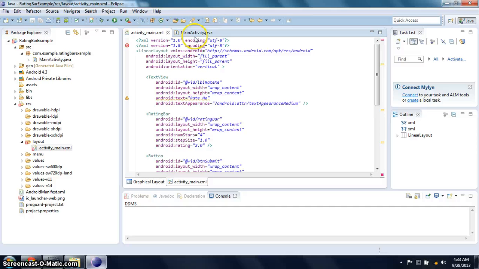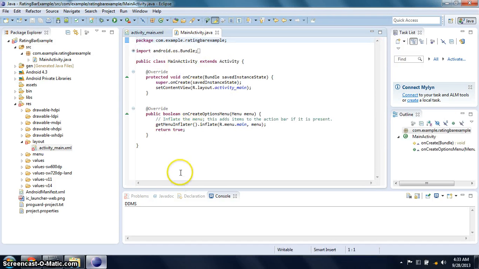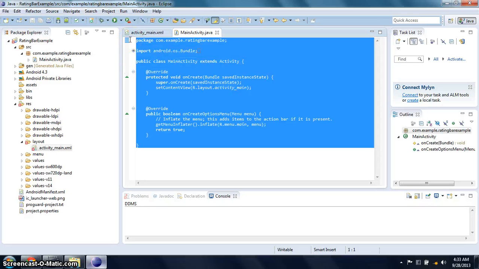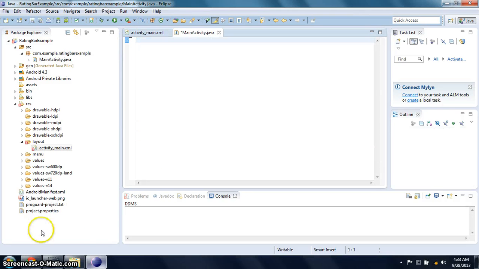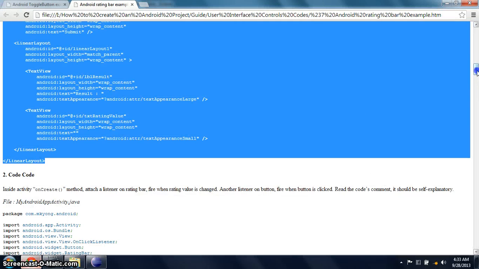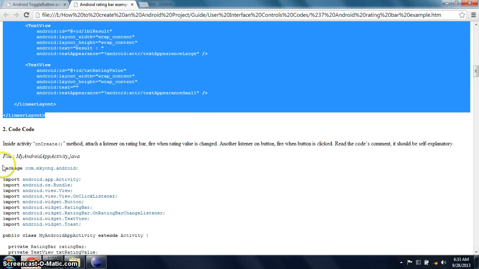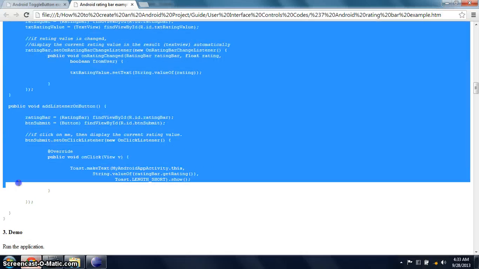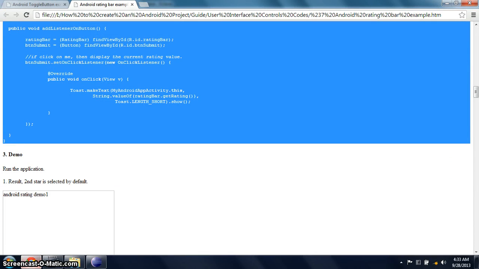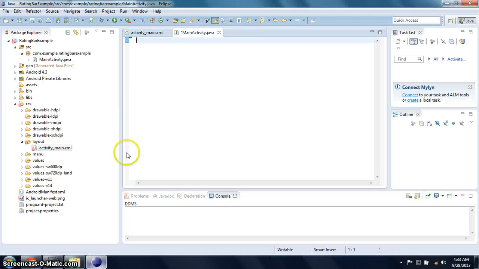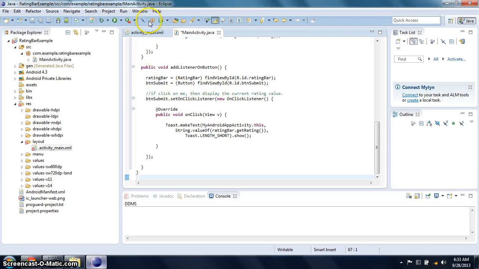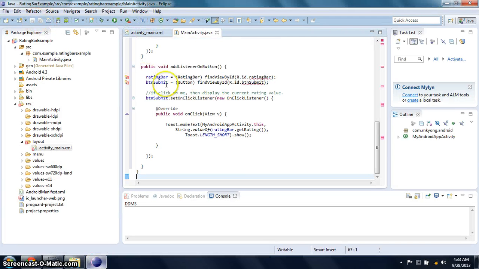Then the next thing to do is the Java file. Just delete the codes, then copy the sample codes, then paste, then click save.